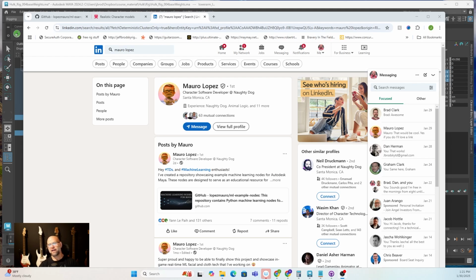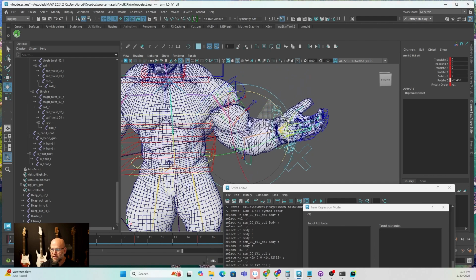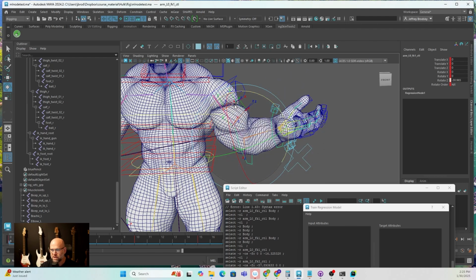So my friend Brad over at riggingdojo.com sent me this very cool tool that Mauro Lopez developed. He has it here on his LinkedIn page, and I have it here on this arm. I'm just using the joint rotations on my arm to drive these little muscle joints that I have added